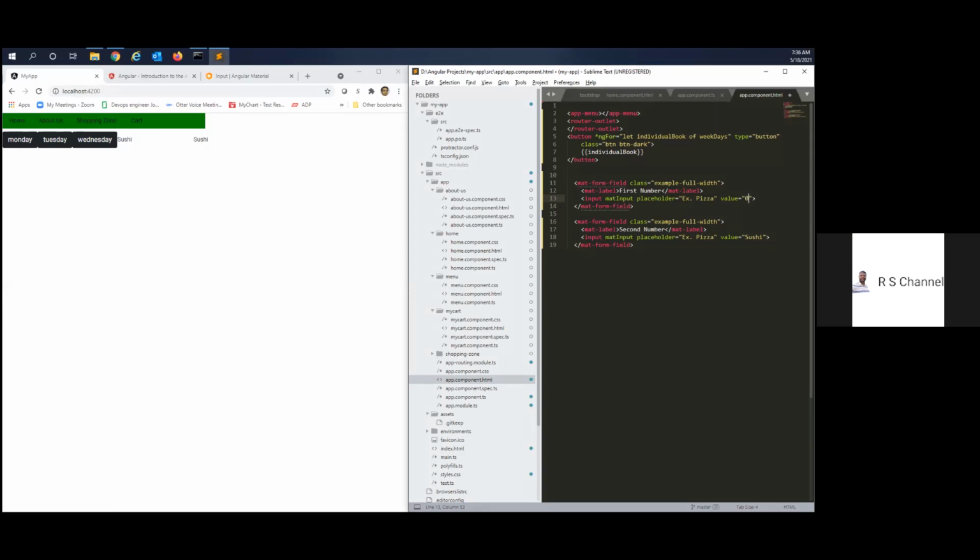Whatever you want you can give, but not text. It is a number field. Now add a button at the third place. After these two inputs, add a button.